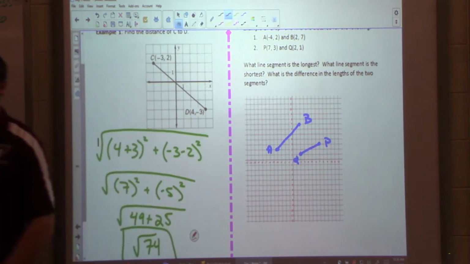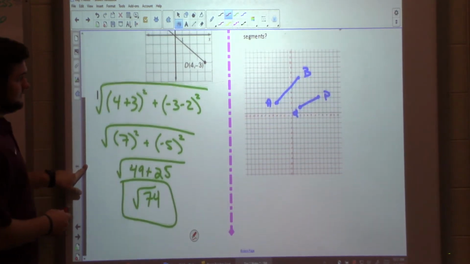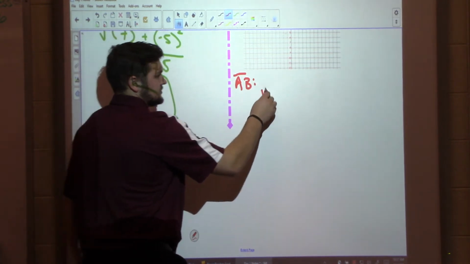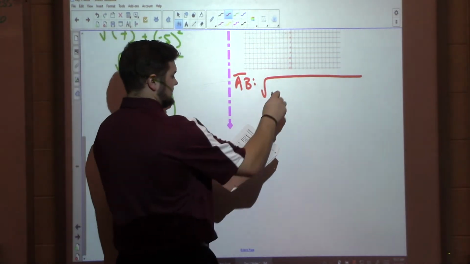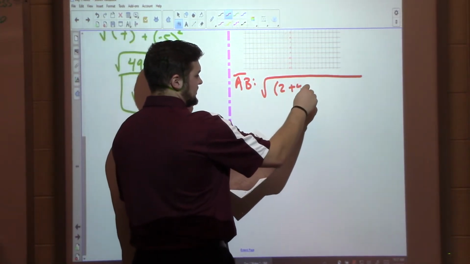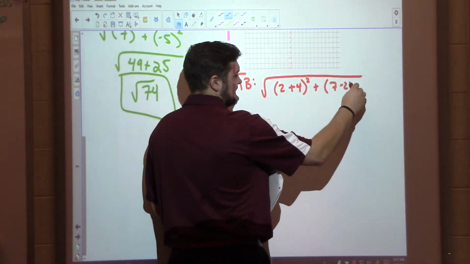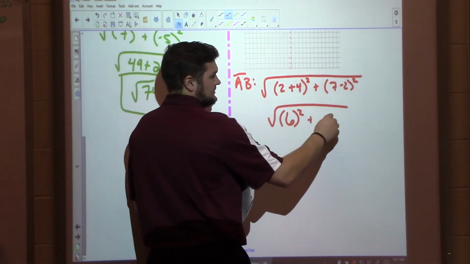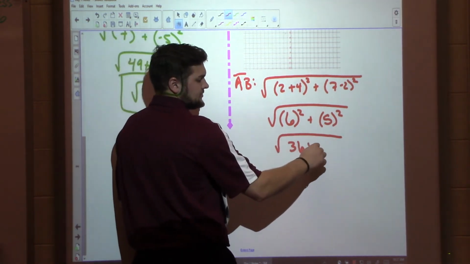So what I need to do now is find the length of both those lines, right? I want to know which one's longest, which one's shortest, so I should find the distance of the 2 lines. If I do A and B first, square root of, 2 minus negative 4 is like plus 4, plus 7 minus 2 squared. Well, that's like saying 6 squared plus 5 squared, which is 36 plus 25,